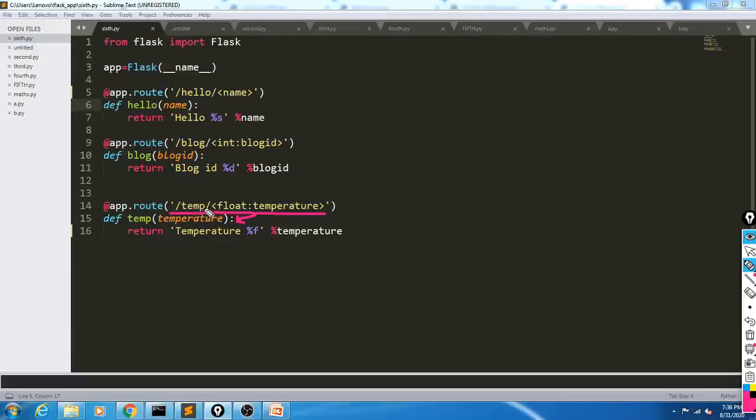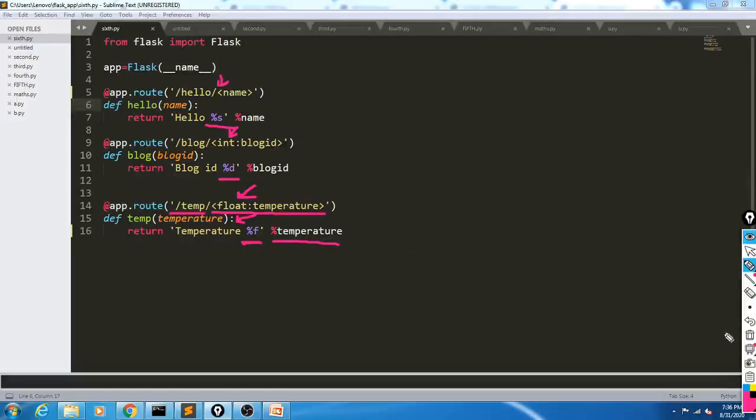And how can we invoke the value within the return statement? We have to use %f, and the same method applies. We can write %temperature. So look here, %s for string, %d for integer, %f for float. Here string is the default, so we have not specified any data type. Int we have specified by using int. Float, a real number, we have defined by using float.